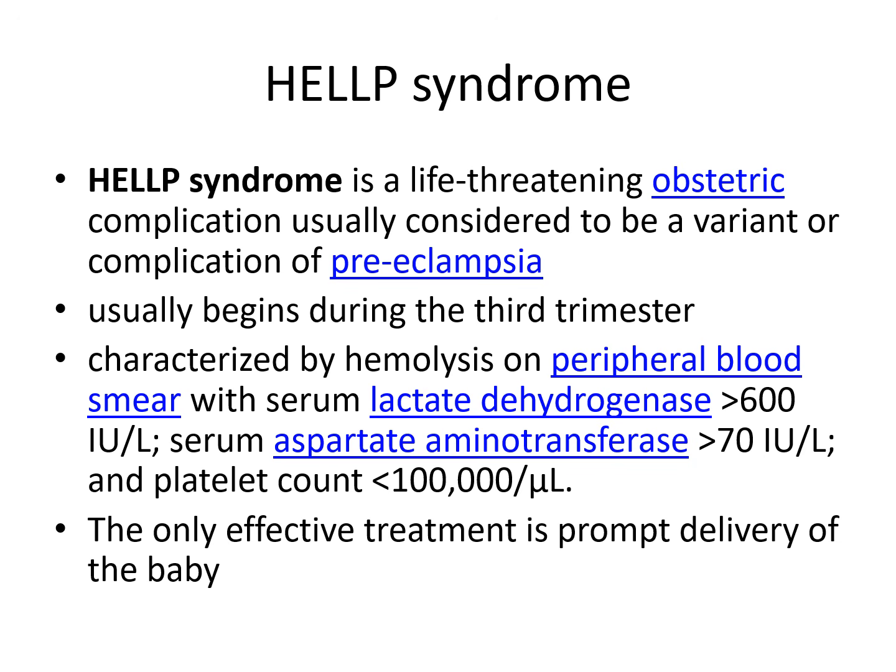Now, this is a syndrome called HELLP syndrome. HELLP syndrome is a life-threatening obstetric complication usually considered to be a variant of preeclampsia. It usually begins during the 3rd trimester of pregnancy, and it is characterized by hemolysis on peripheral blood smear with elevated serum LDH, elevated liver enzymes, aspartate aminotransferase, and low platelet count. So in this setting, if you see a pregnant patient in the 3rd trimester with thrombocytopenia, you should always exclude